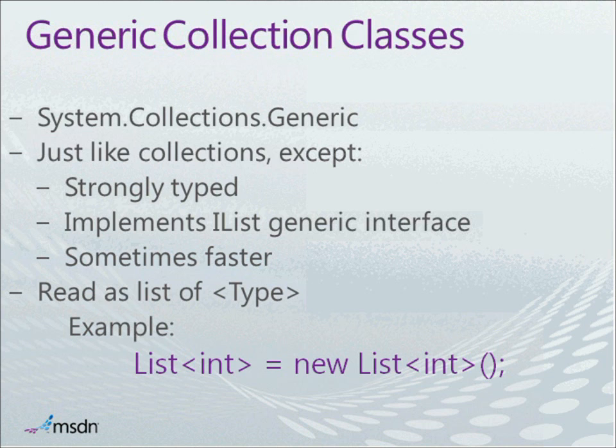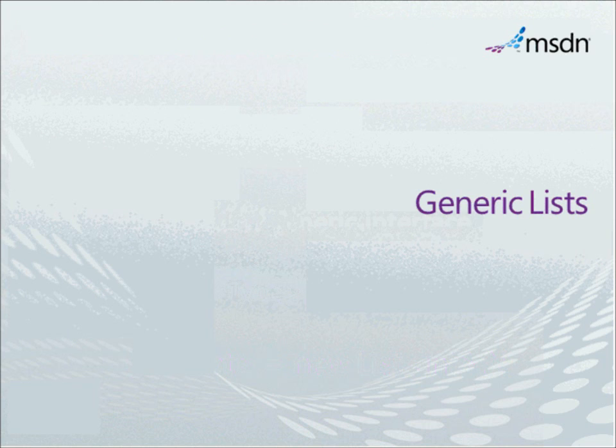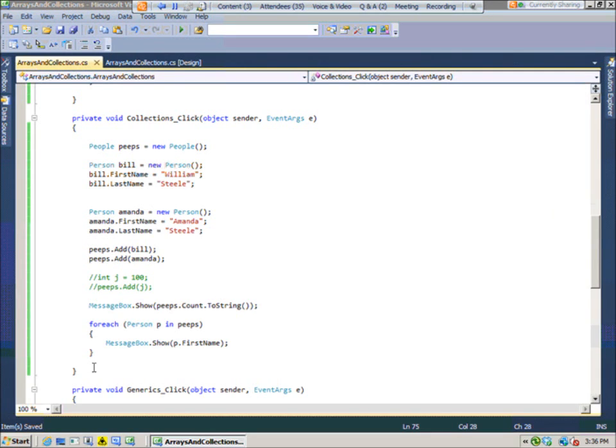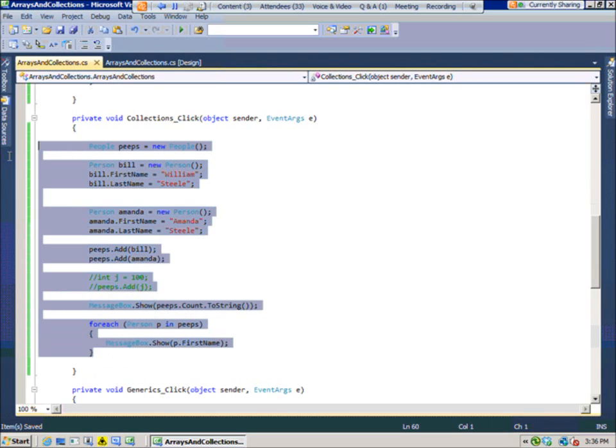And in our original code, we're going to take it and convert it into a generic version of that class so that we can actually see how the generic handler deals with it. A generic list deals with it differently than the standard collection class. So what I'm going to do is copy my code, and I'm going to paste it